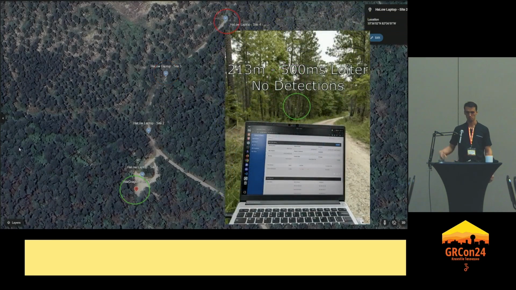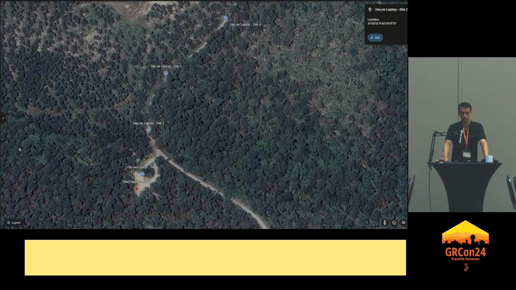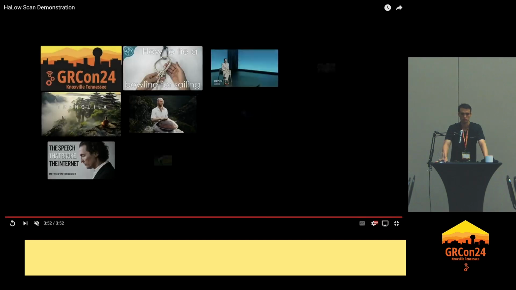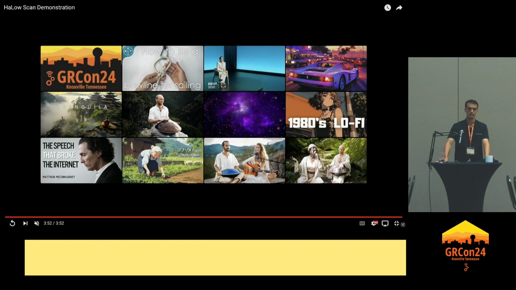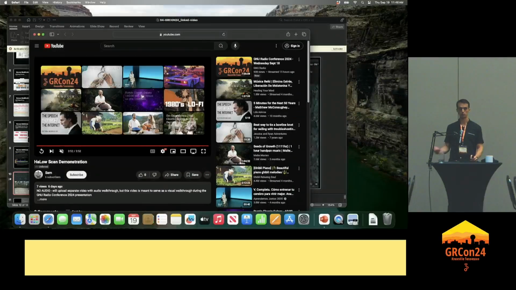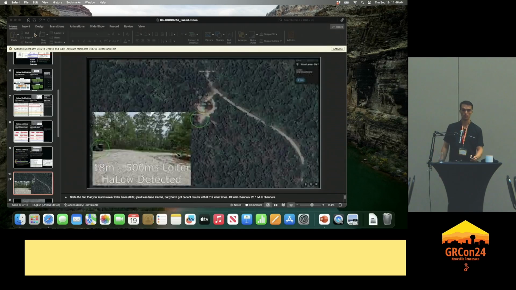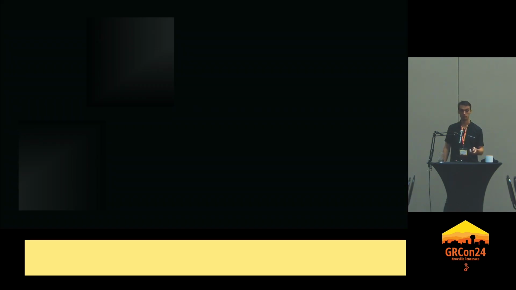But about 200 meters away was when my signal was just not making it back to my software-defined radio anymore. That's just to illustrate a little bit of what the Halo network's capable of. And now we'll go through where I fell short in implementing the receive implementation, and maybe get some ideas for how I could do better in the future.